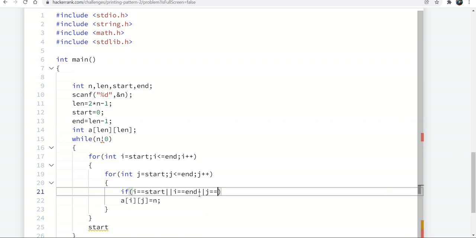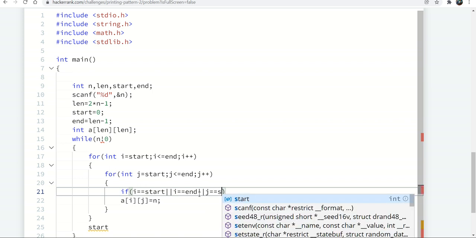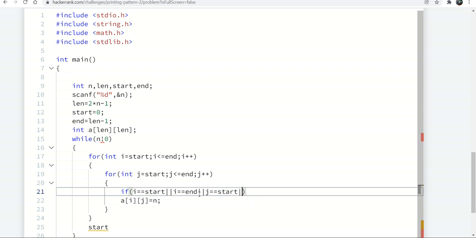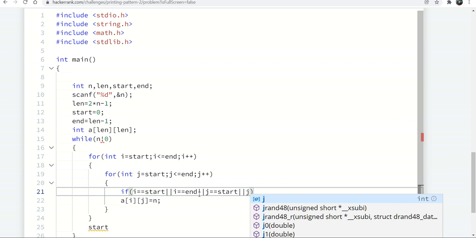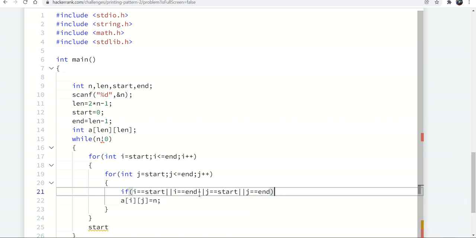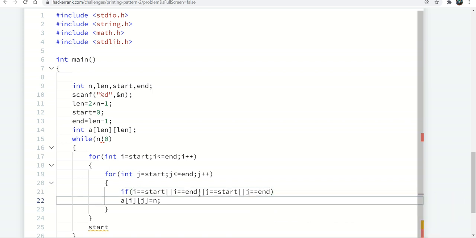For j equal to, that is column. For column we are getting column equal to start, j equal to end, we will be printing these values.